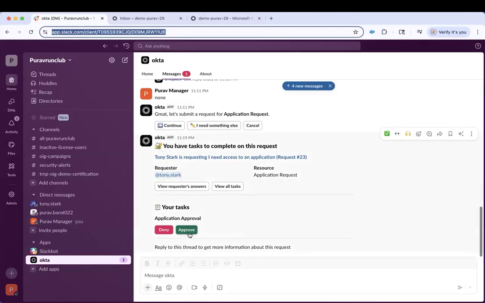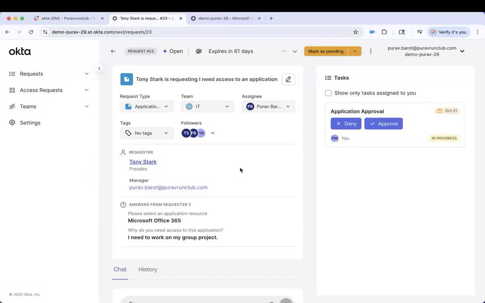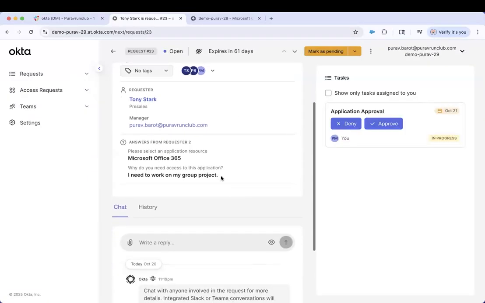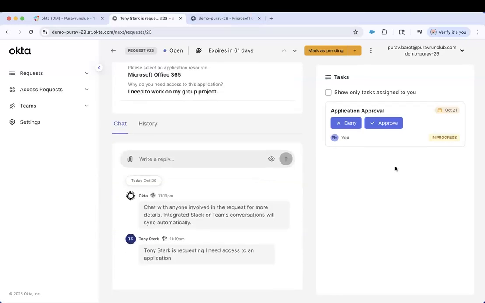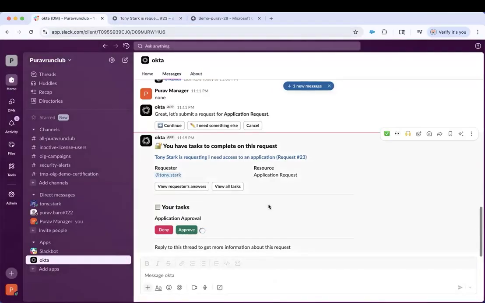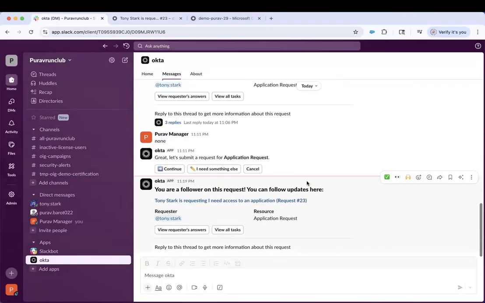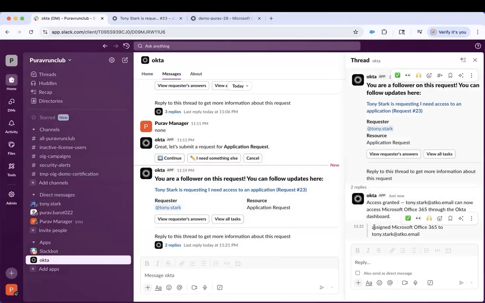Manager can hit approve here and approve this request, or the manager can also go inside this request and see it in further detail. Okay, what is the justification that was provided by Tony Stark? And as you can see, the comment that we submitted from our user Tony.Stark. And let's say we want to approve it from here or from Slack. We can hit approve, and this request will be approved. And the application will be assigned to the end user Tony Stark. As you can see, this also gave a message saying that Office 365 was assigned to Tony.Stark@atcoemail, and